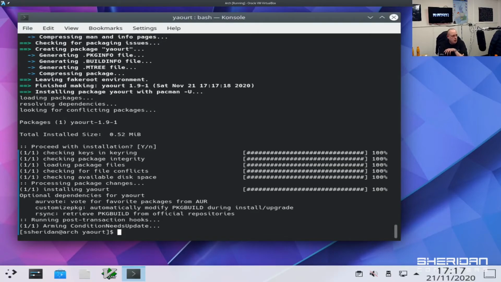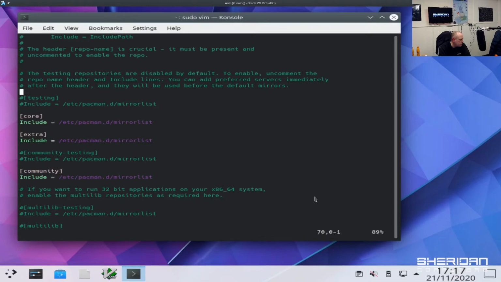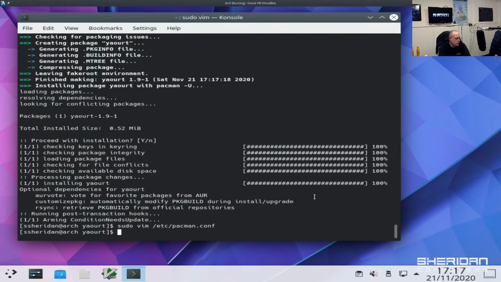Good, not run out of space yet. So that's installed that for us, which is another pacman type of thing. You'll probably want to edit, sudo vim /etc/pacman.conf and enable, where is it, multilib, which gives us some extra install locations. Once you've done that,